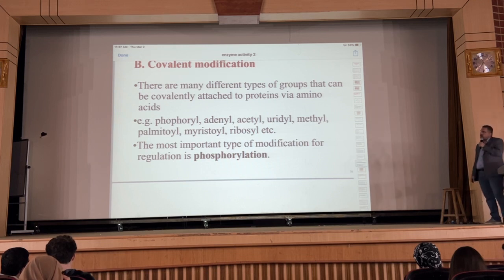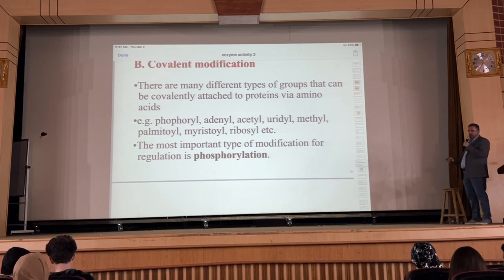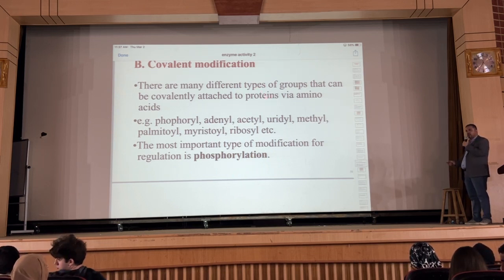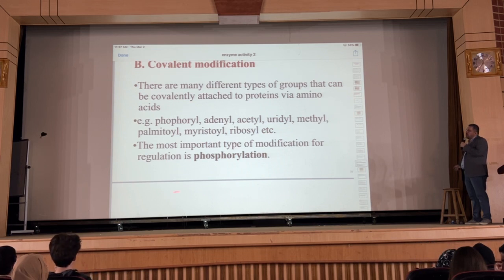Another way of regulation is covalent modification. There are many different types of groups that can be covalently attached to the protein or to the enzyme via amino acids. For example,